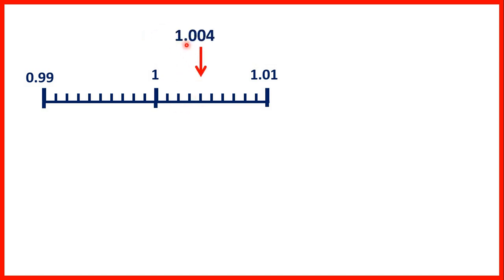Now we have 1.004, so 1 whole and 4 thousandths, and finally we have 1.009, so notice 1.009 is 1 thousandth less than 1.01,